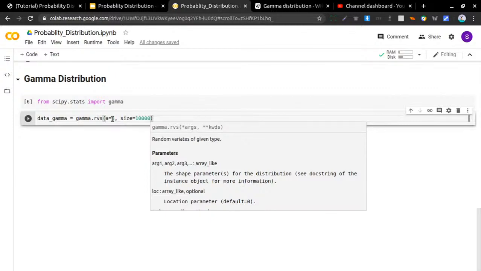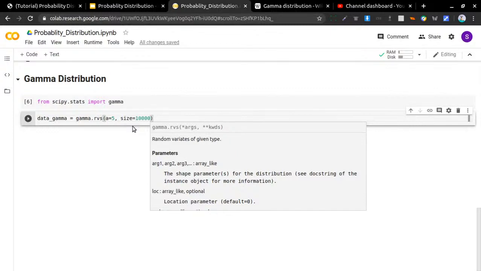So you can generate a gamma distributed random variable using the scipy.stats gamma.rvs method, which takes the shape parameter a, as you can see, as its first argument. When a is an integer, then gamma reduces to the Erlang distribution. And if you set a equal to 1, then it will become an exponential distribution. You can use other integer values also. Here we have used a equal to 5.